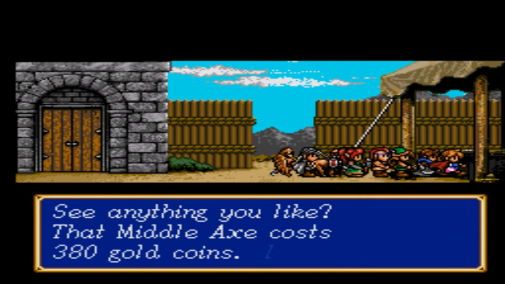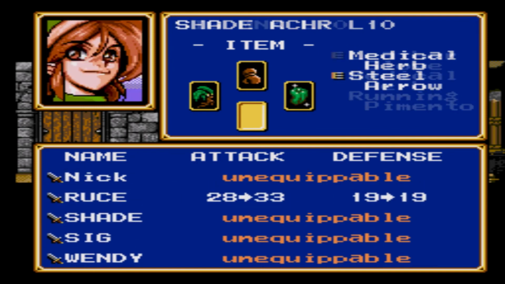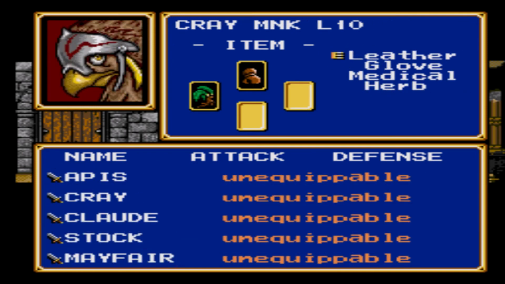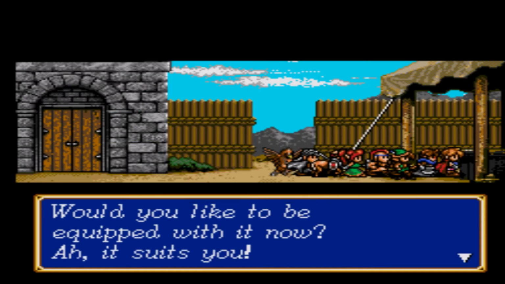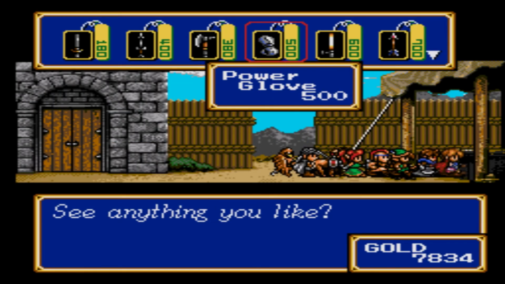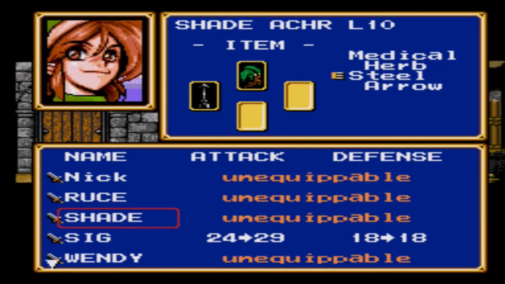Oh. Alright, middle axe. Let's give that to... Well, I think Roos is the only one who can use an axe, unless somehow they gave the healers an axe. That would be kind of cool, a healer that uses an axe for some reason, even though it'd probably be pointless for a healer. Because, you know, their whole point is to heal, not attack, so...